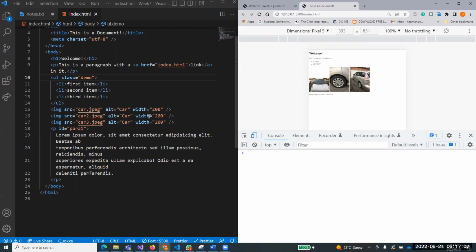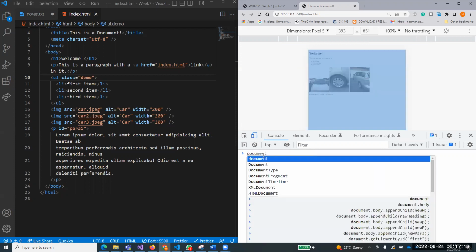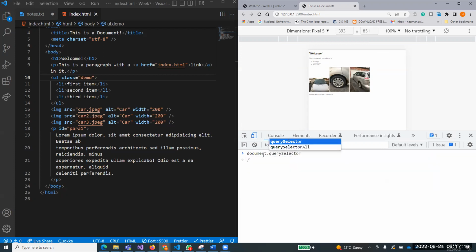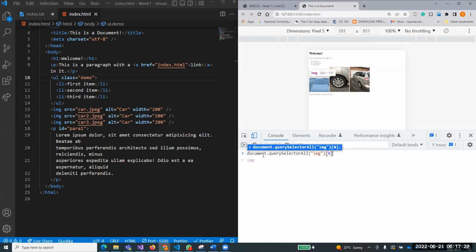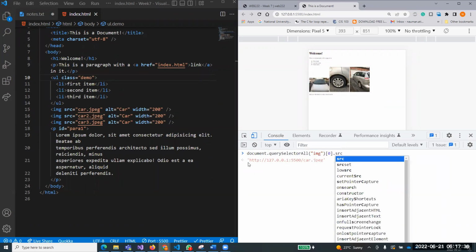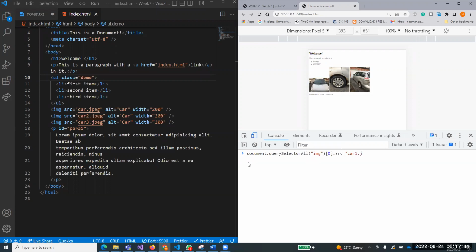Now, let me tell you a very interesting thing. You remember we talked about document dot query selector all. I want to access, for example, all images right now. Out of these images, I access the first image, 0, and you can see at the bottom this image is selected. If I say dot src, the source is representing car.jpg, and I say equal to not car.jpg, car1.jpg. You know what I'm doing? This is wonderful. If I just hit enter now,